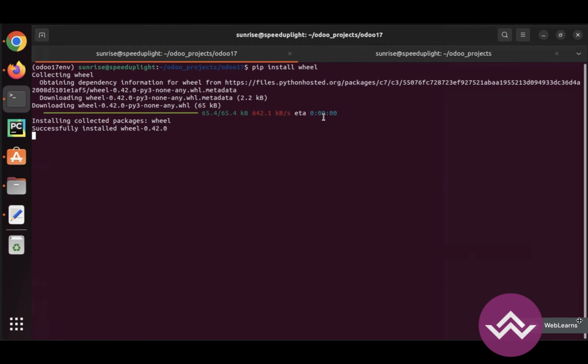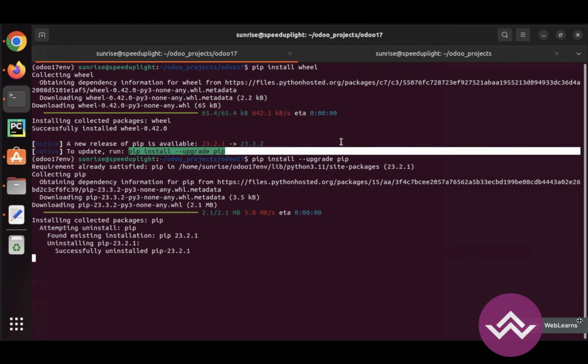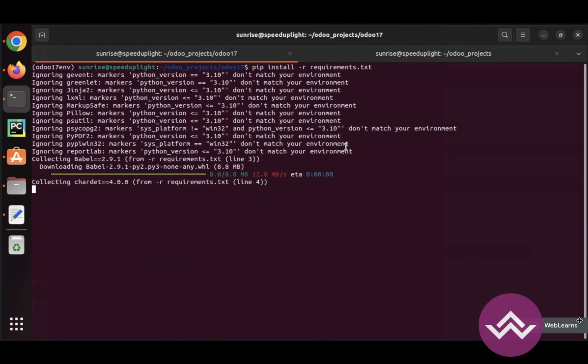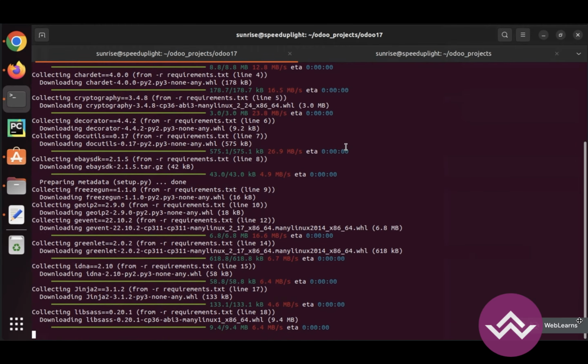So this is the first command, and let me also upgrade this one. Clear. And here pip install -r requirement.txt, and we have to wait for this file to finish installing all the packages. Okay,